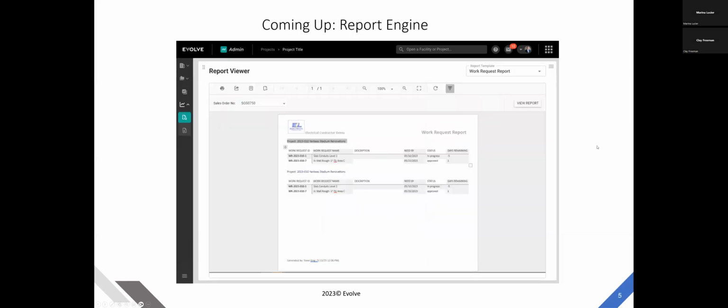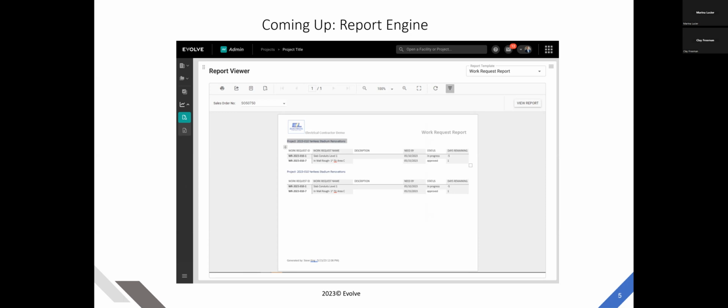And we've got a report engine. So if you're familiar with report engines like Crystal Reports was the old one everyone used back in the day, this is a modern report engine that is fully embedded in the web system. So there's no local install. You can drag and drop to create your own reports. Charts and graphs are available in there, and all the data that we have in the system is exposed to the report engine. So our ability to generate automatic reports and do some basic types of analytics are in there,